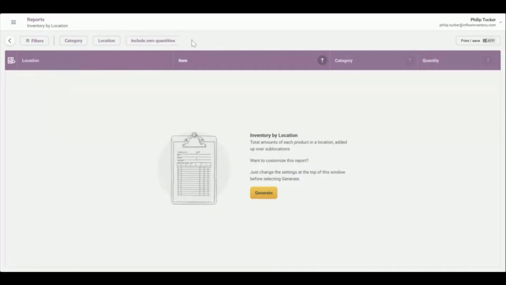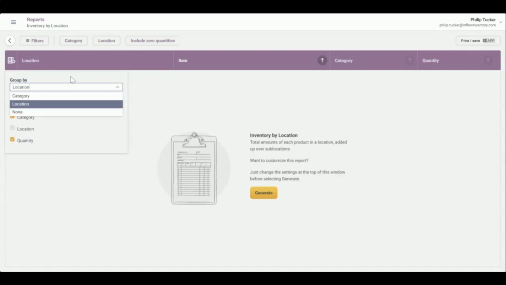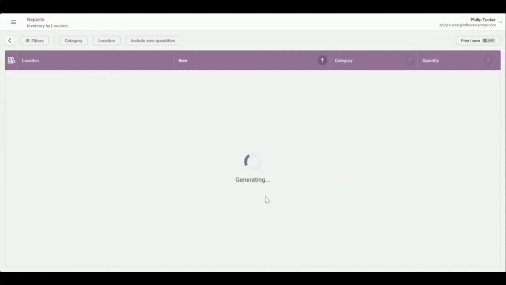And a great thing that not everyone may notice is this button here on the left-hand side of the header. This is where you can adjust the columns that are in here or change, again, your group by information. So this is where you can add in those extra columns. This one only has the 4 columns available, but I can show you another report that has more information. So when we generate this report,